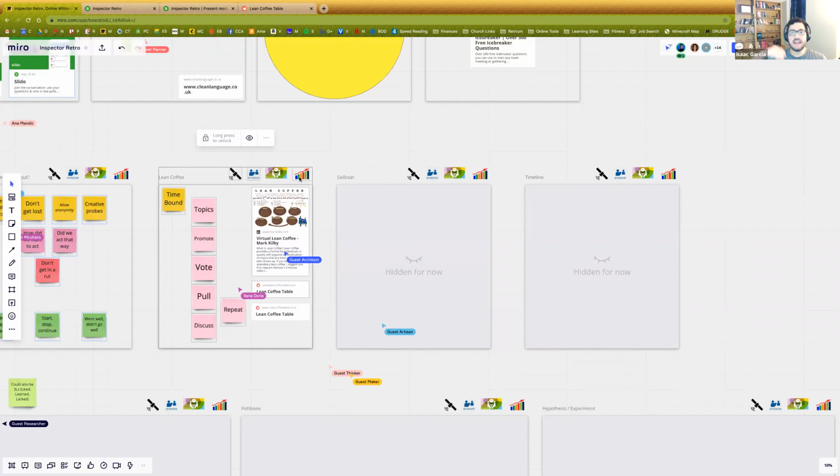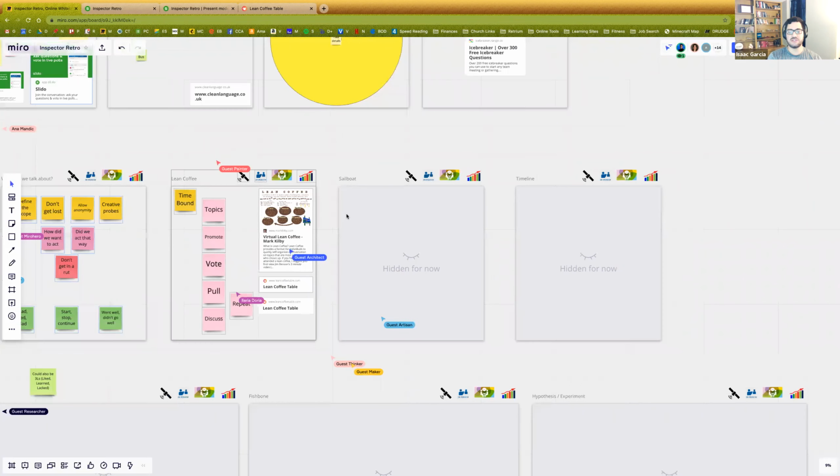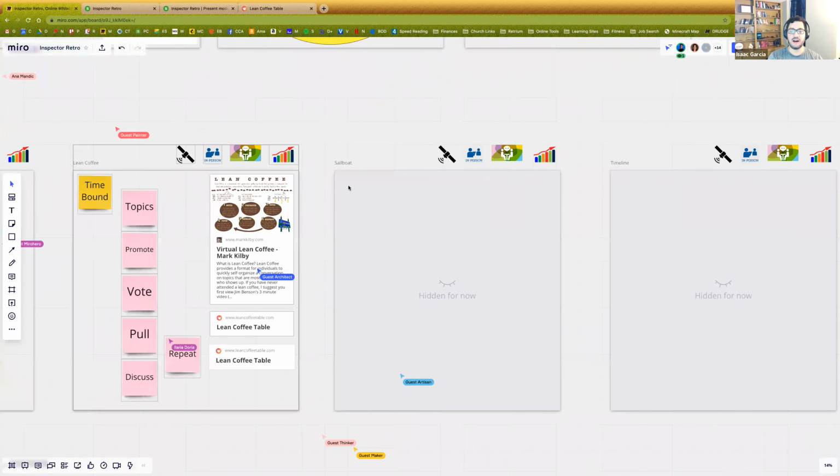There's this thing called Open Space, and Open Space will scale up to 2,000. I've heard that they've gone as large as 2,000. You could probably do more, but I was just a part of a worldwide 24-hour open space that had, when I was on, probably 600 people on, and we were doing just fine. So there are ways to scale if you want to, but it's not Lean Coffee. I will just show you these last two.